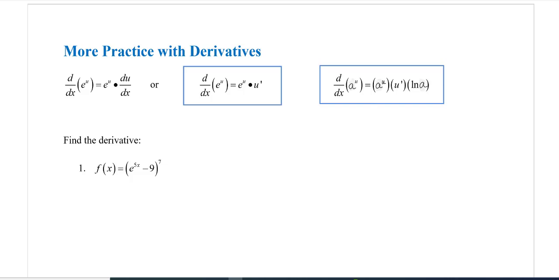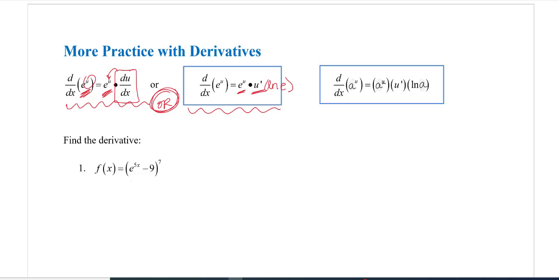So you might have seen the derivative with respect to x of e to the u written in one of these two ways. The derivative with respect to x of e to the u, so here we're putting that chain rule in there, is itself e to the u, and then here's that chain rule, times the derivative of u with respect to x, again, assuming u is some function of x. Or you might have seen it written, derivative with respect to x of e to the u is e to the u times u prime. Now we could have finished this with times natural log of e, and I'll show you where that comes from here in just a second.